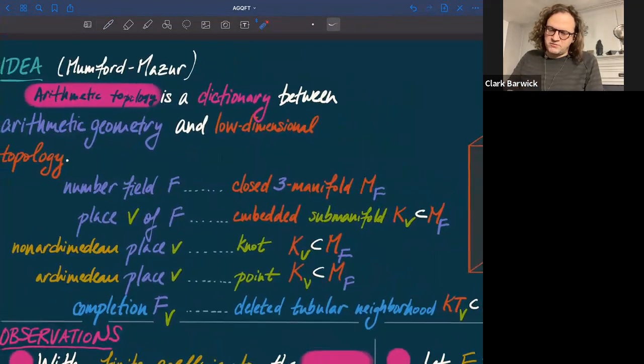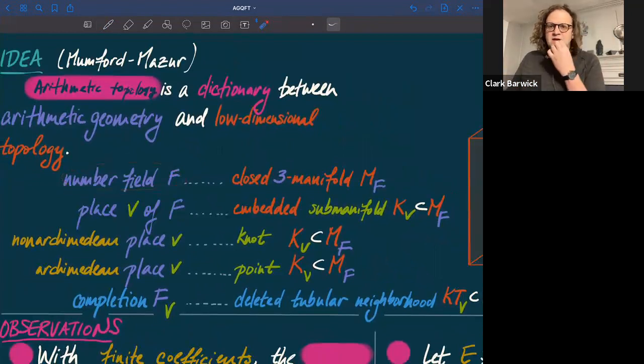So for example, if you have a nice number field F, then that's supposed to be an analog of a closed three-manifold. And for the purposes of this talk, I'm going to name my three-manifold MF. Now, this isn't a functor yet, but part of the goal is to try to figure out whether, if there were a functor, what kinds of structure it might have. But I'm going to pretend at the moment that there is such a functor just to tell you the ideas. So if I have a place of my number field, V, say, then corresponding to that should be